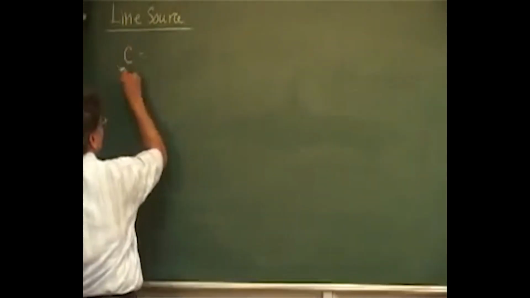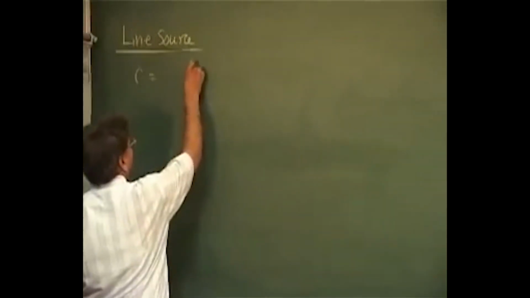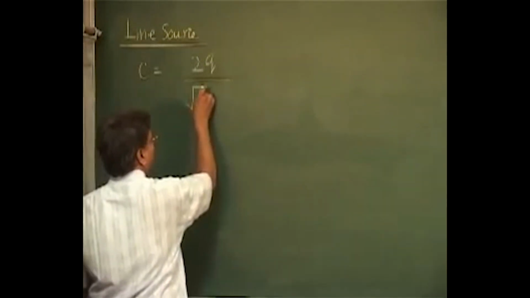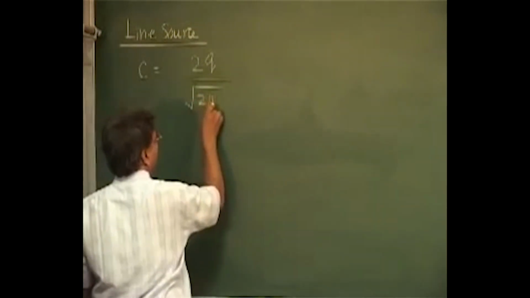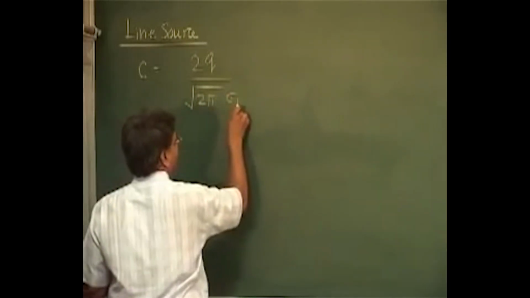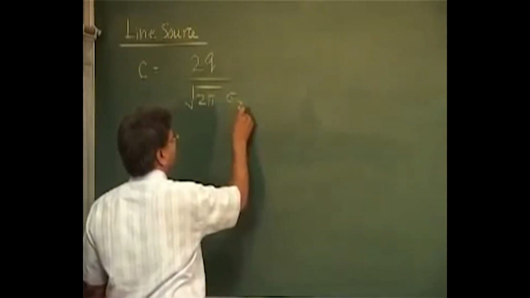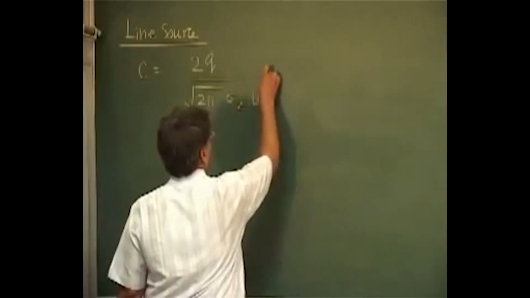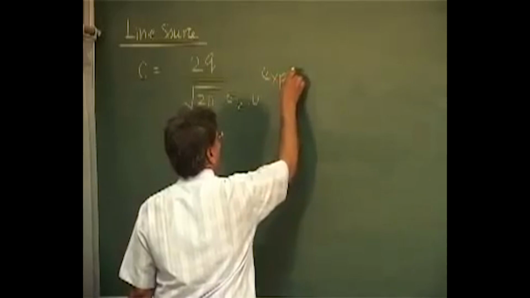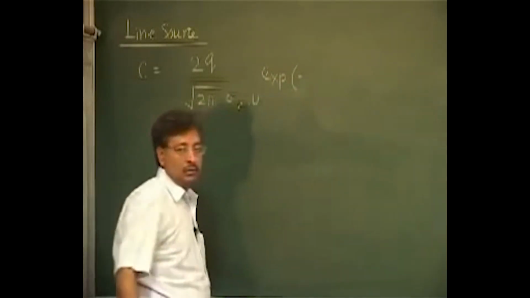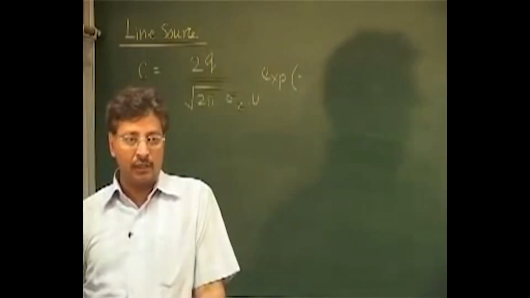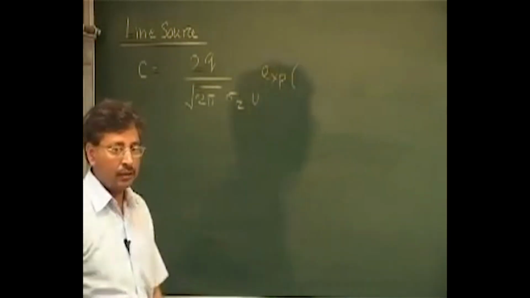And the C was, what was that, 2 times small q, sigma z times u, exponential, what was that, z square by